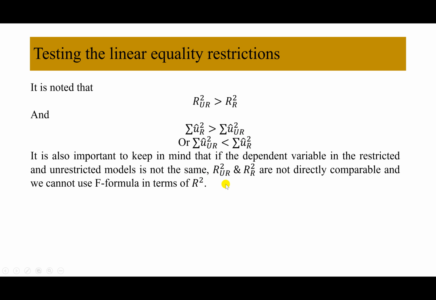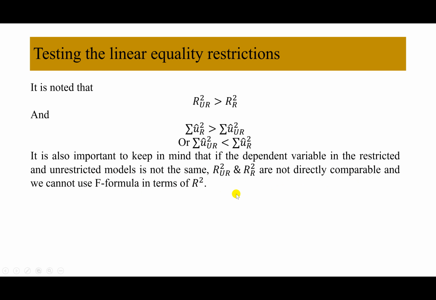It is also important to keep in mind that if the dependent variable in the unrestricted and restricted model is not the same, R square UR and R square R are not directly comparable, and we cannot use the F formula